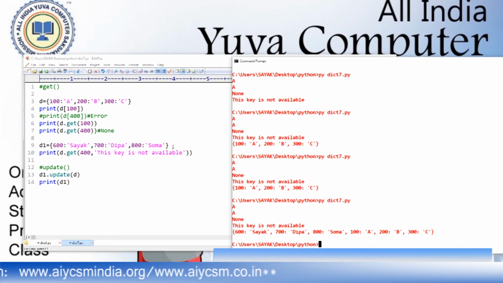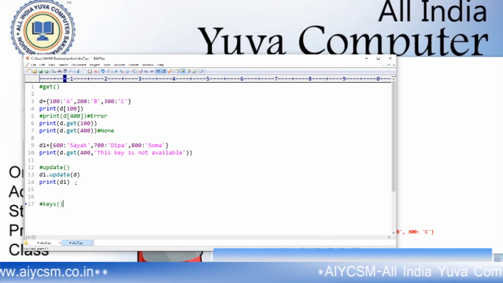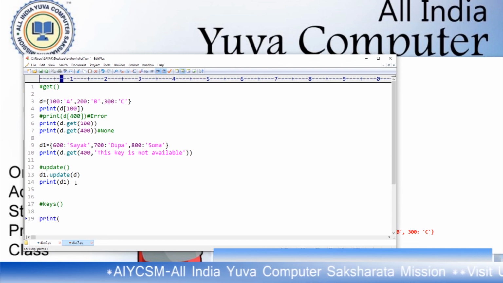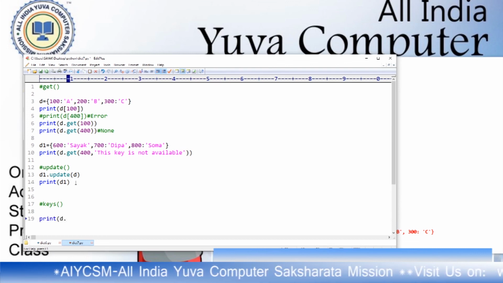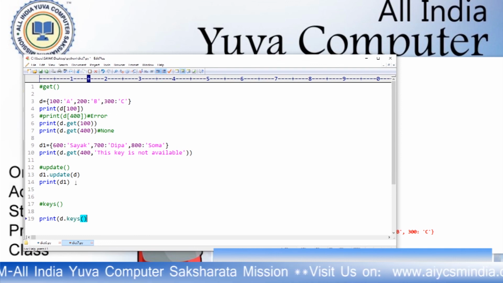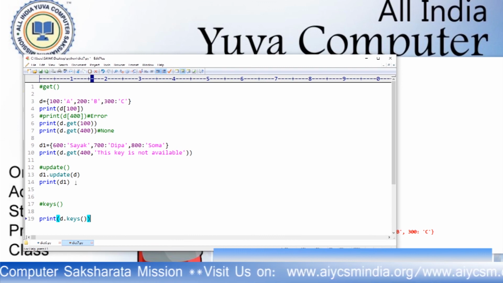There is another function which is known as keys. If you want to print the keys of the dictionary, you can use this. How can you use it? D dot keys, where D is a dictionary, will provide you an iterable object.